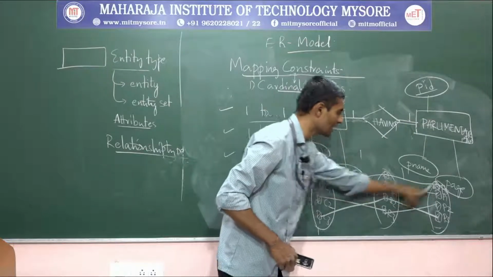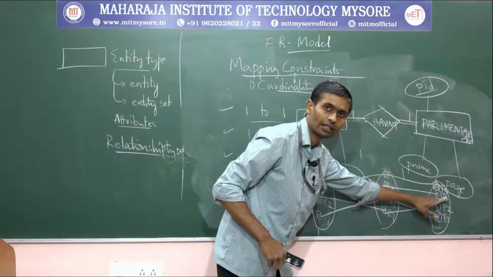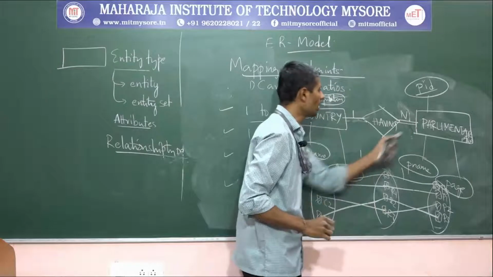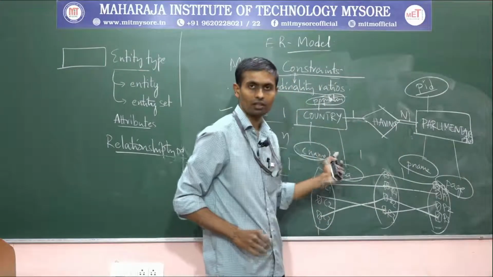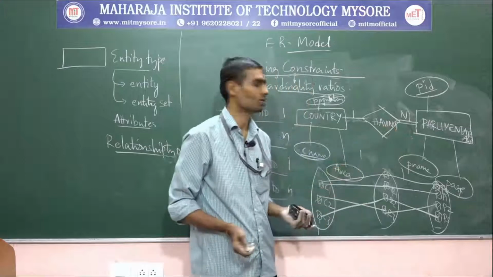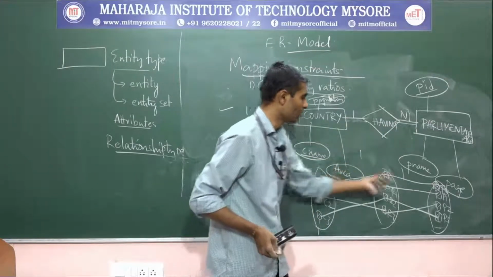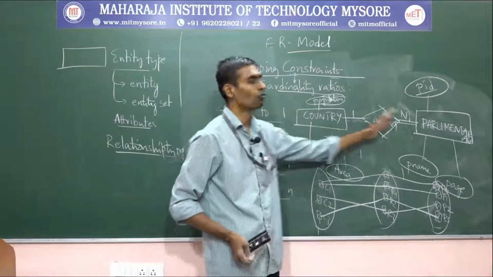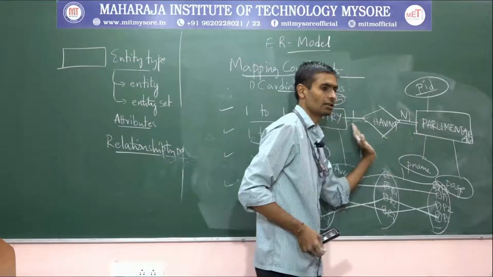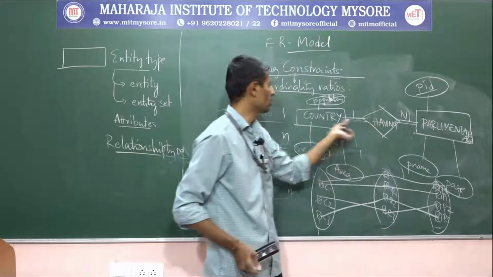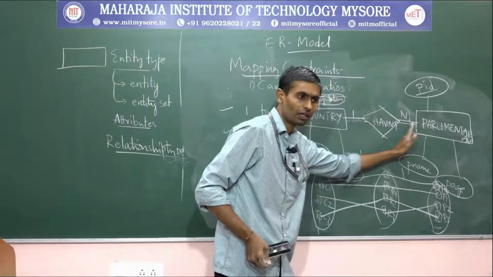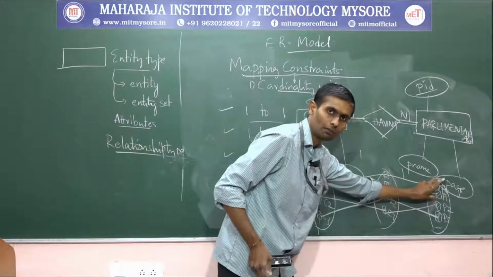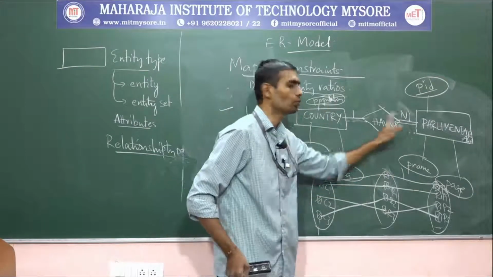That means one instance connected with any number of instances of another entity type. So this we represented with what? One-to-many. All parliamentarians at least belong to any one of the countries, right? So there is a total participation. So this is what? One instance connected with many instances, any number of instances of the other entity type through this relationship type. This we call by name one-to-many. Suppose when we read it from this end, many parliamentarians belong to what? One country. When we read it from right to left, look at this one, P5 and P1, many parliamentarians belong to what? One country, many to one.